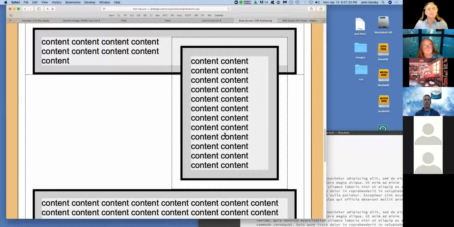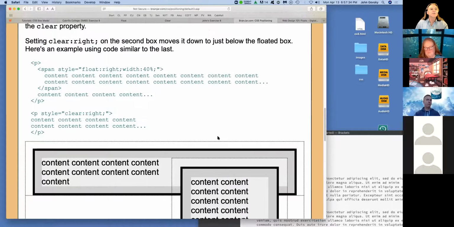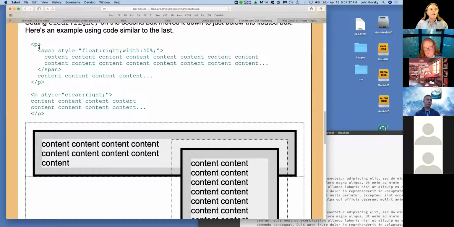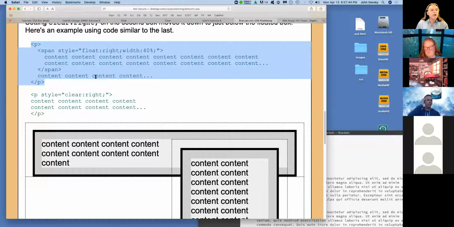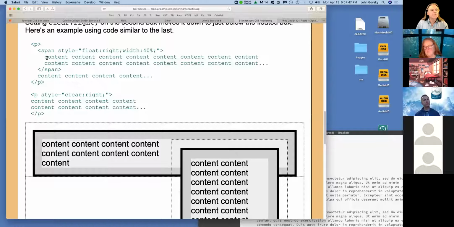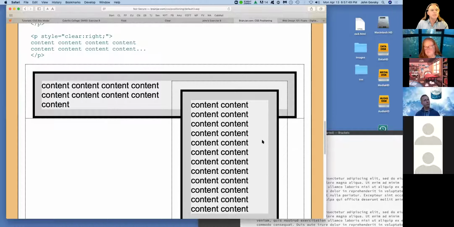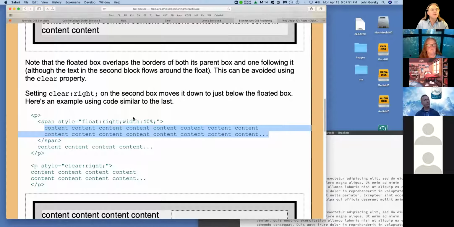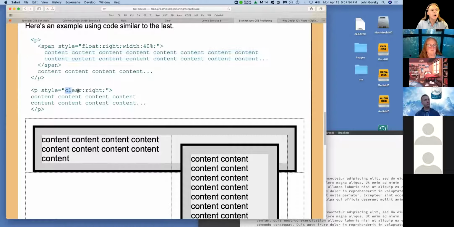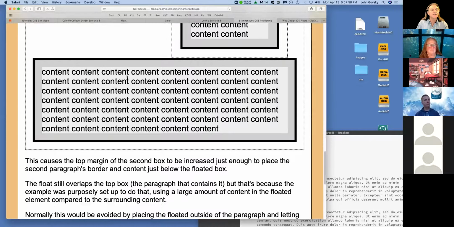Now the clear is applied to the thing that follows the parent of the float. You don't clear the float, you clear the thing that follows the parent of the float. So here we have, this is familiar, the float, right, 40% inside this paragraph. But the paragraph is really small compared to the contents of the span, which is really big, so you get this behavior. But when you put a clear on the following paragraph, so the clear is on this guy,